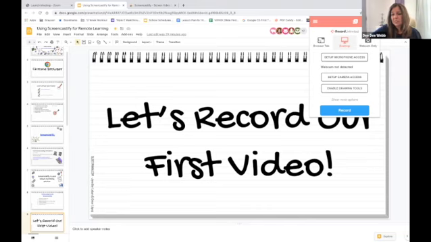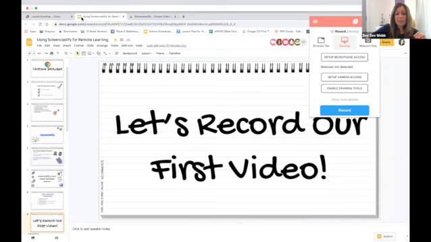The other option is browser tab, and I'm going to be honest, I never use this one. That's where you are only going to record one specific browser tab. So for example, here I have 3 tabs that are open. If I click browser tab, it's only going to record this one browser tab where I originally clicked record.